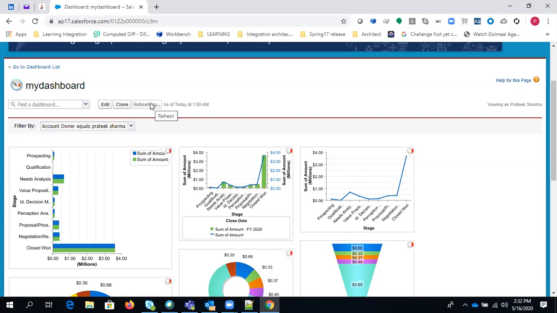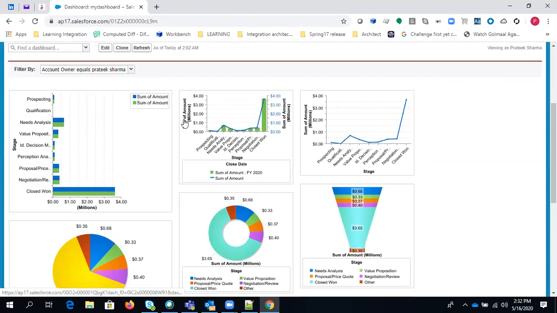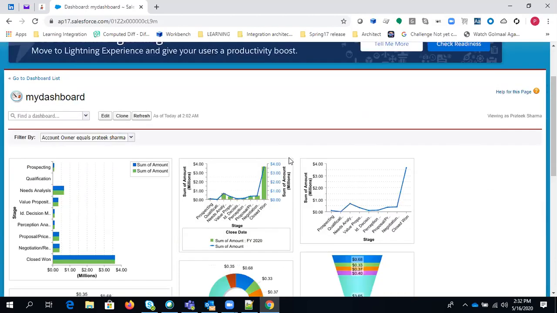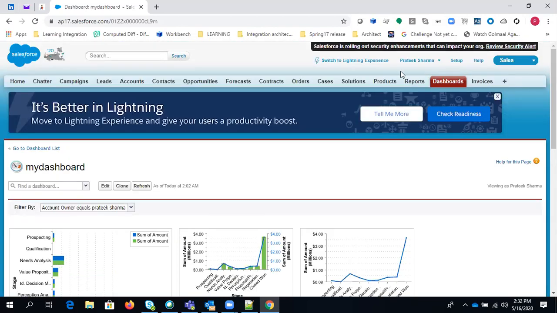If you are working on a production or a sandbox instance, right now we are not getting this scheduled refresh button. But if you are not working in a dev instance, or if you work in your company, you will also get the scheduled refresh button, or you can schedule the refresh as well. So this is how you can create a dashboard for summary and matrix report. As we have already created a tabular report with the row limit, we'll also be able to create a dashboard on a tabular report as well.